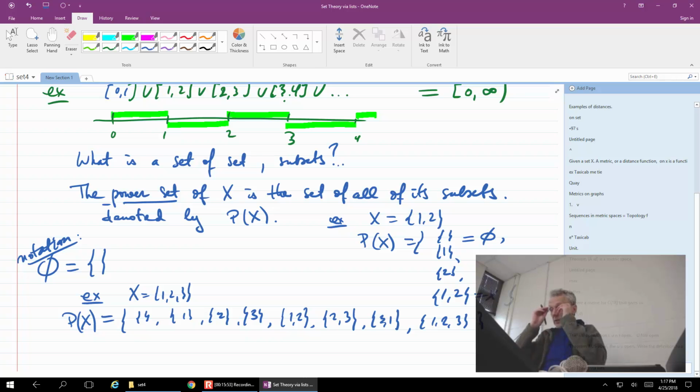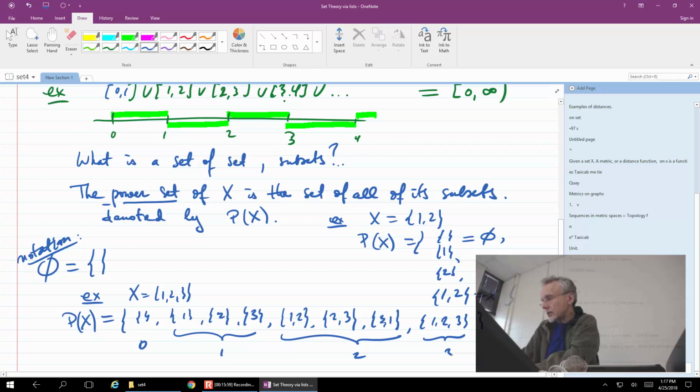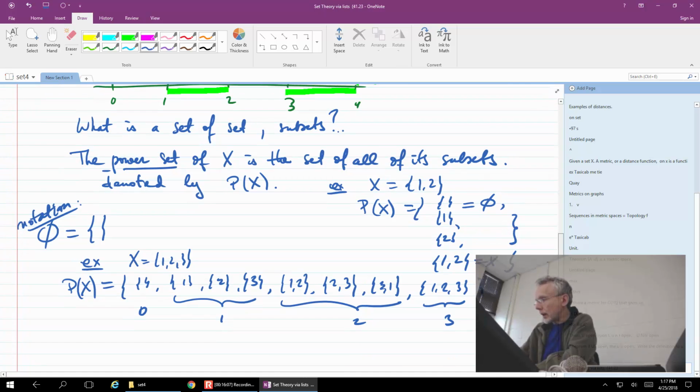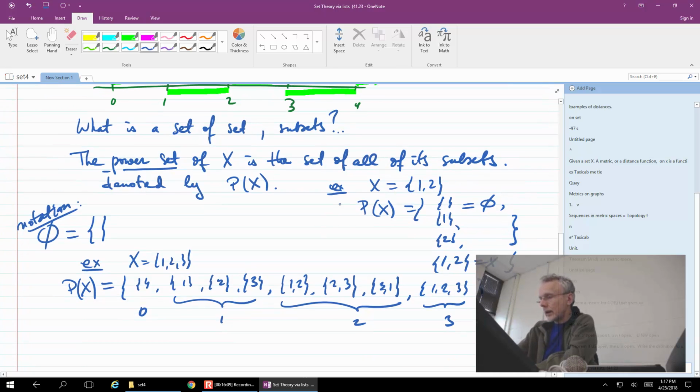As you can see, we have 0 elements, 1 element, 2 elements, and 3 elements. That classification was here as well. But the total, as you can see in the first example, the power set of a set of 2 elements had 4 elements. The cardinality of the power set of 3 elements is